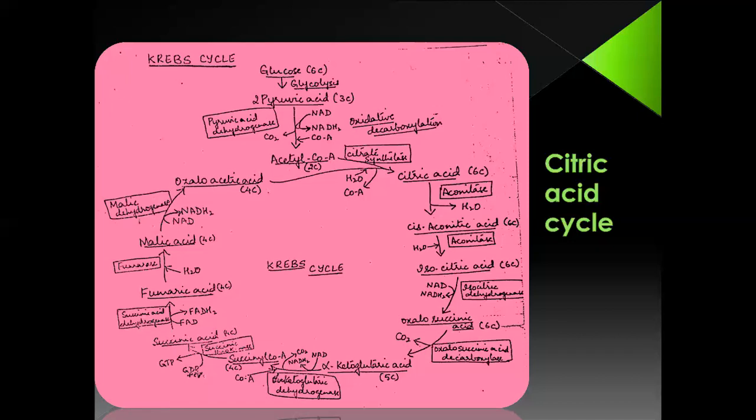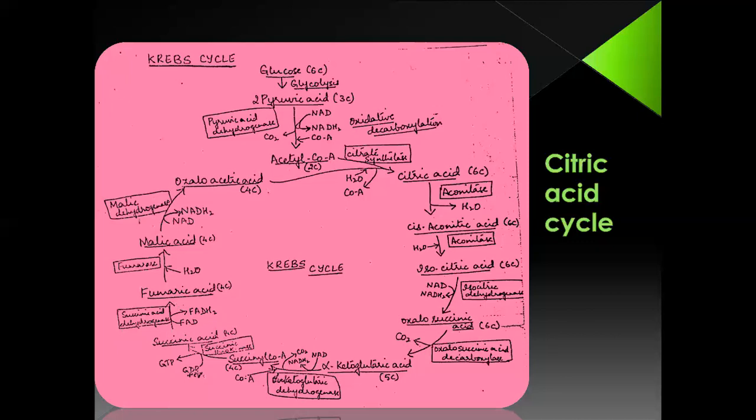Hydrogen will be removed in the form of proton, that is H+, which will be accepted by your coenzyme FAD, which gets reduced to FADH2, resulting in the formation of fumaric acid,